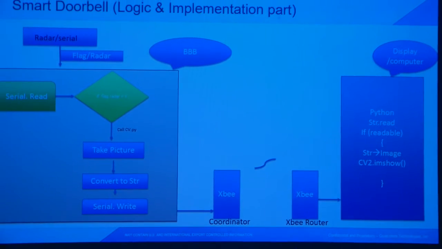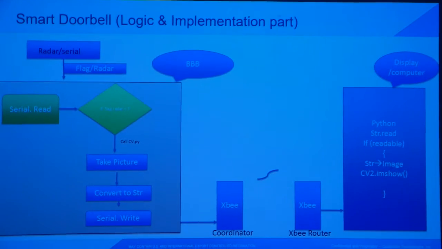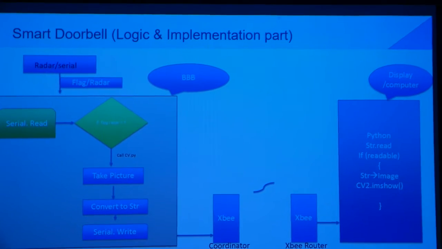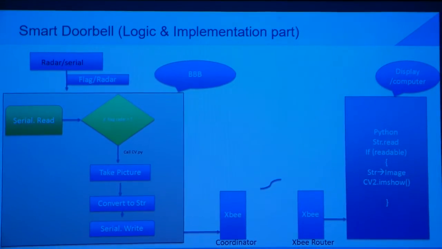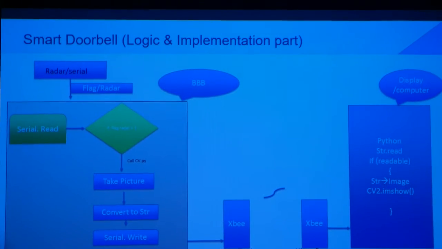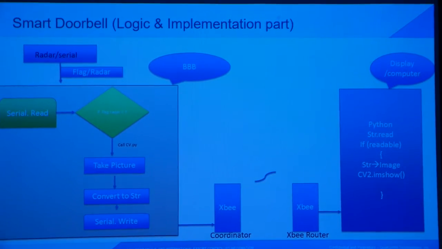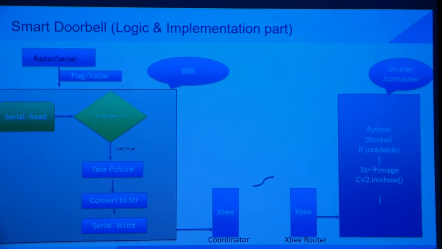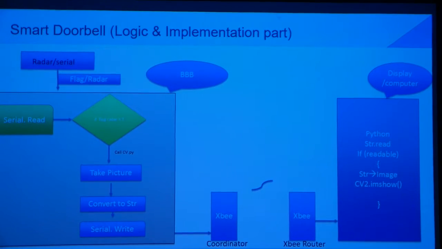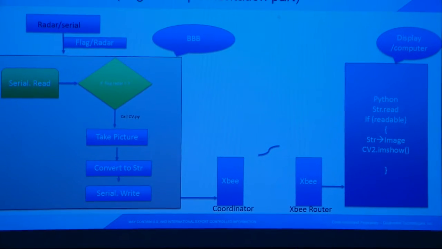This flag is monitored by the Python on the BeagleBone Black, essentially using a thread to monitor the serial port. And when something appears on the serial port, the flag is read, and then there is that if block, which as soon as the condition is tested to be true, the presence of the flag, it then calls